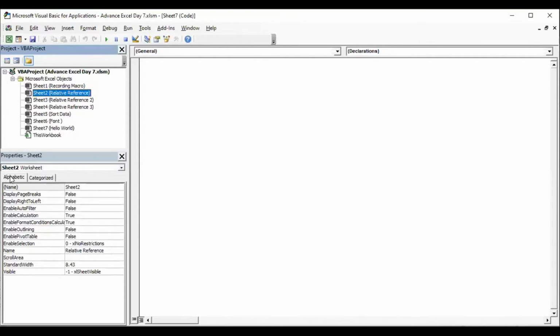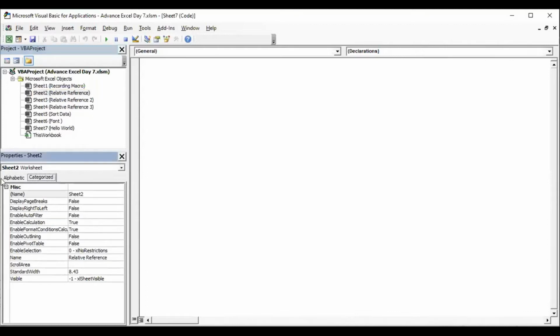Below that we have certain attributes. For example, if you are working on a VBA project or a module, you can get these configurations enabled, such as enabling a pivot table or auto filter using true or false.